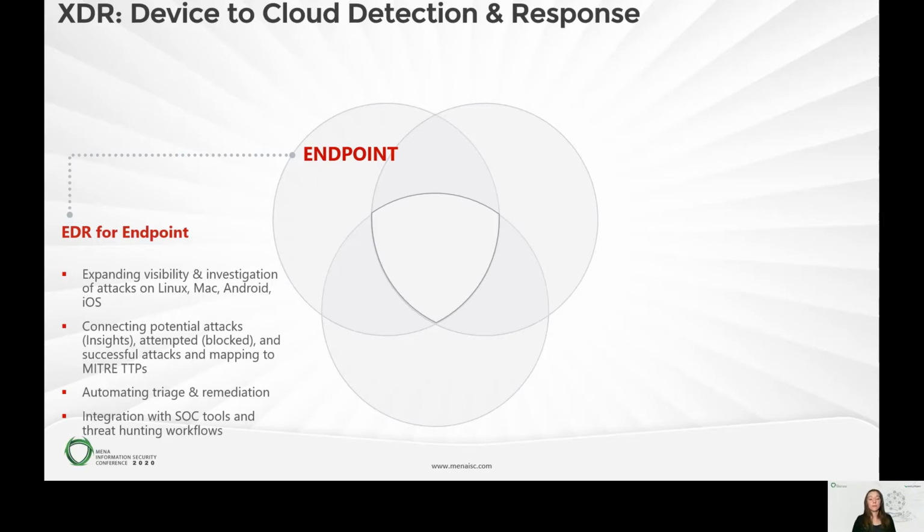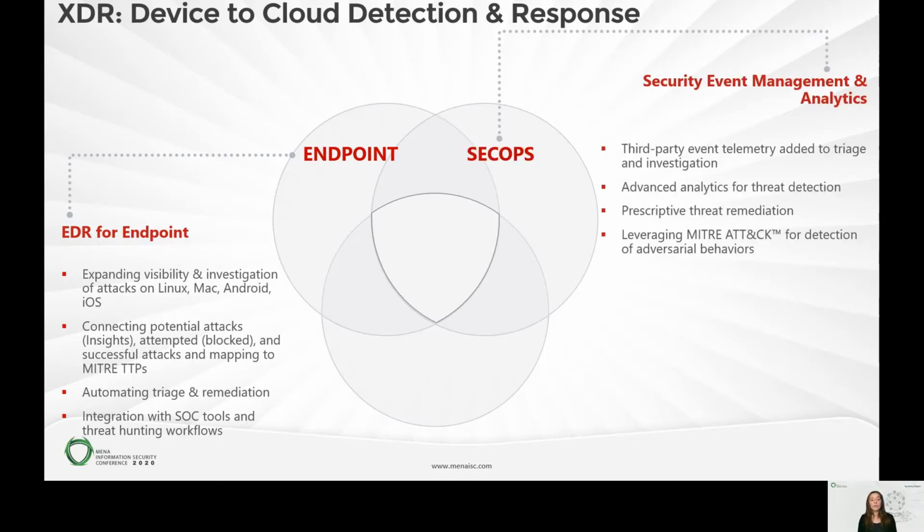to integrate into. From an overall SecOps perspective, this integration means being able to absorb telemetry from a third party and adding that to the active triage and investigation that's happening for your analysts. You want those advanced analytics to be applied across all the telemetry that you have. You want it to pipe out prescriptive threat remediation for you. And again, you want this to map the detections against common behaviors that allow us to identify particular adversaries who